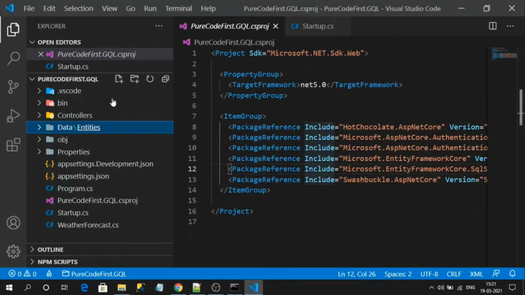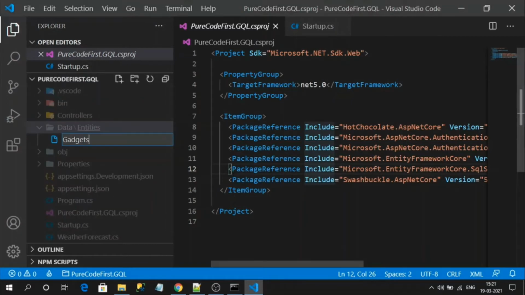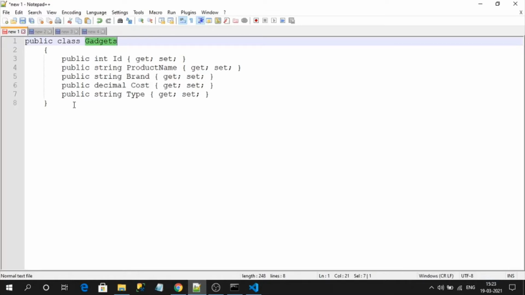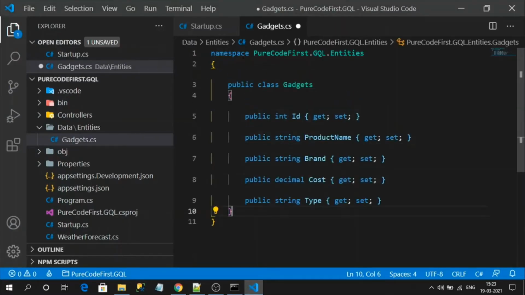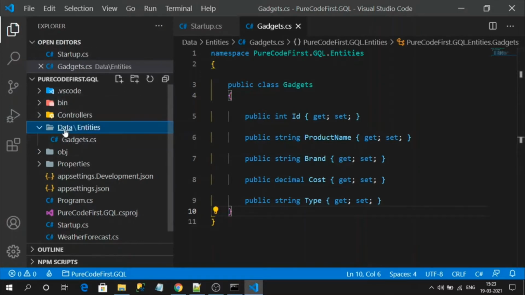I will create a class called Gadgets. Here I have copied my gadgets entity, and if you want to follow along, you can copy this same snippet, which is also available in my blog. Okay, now the entity is created.